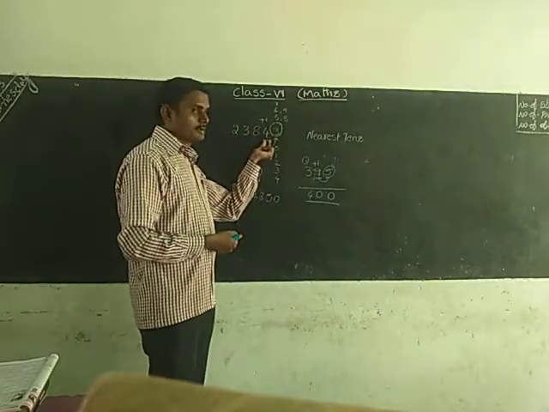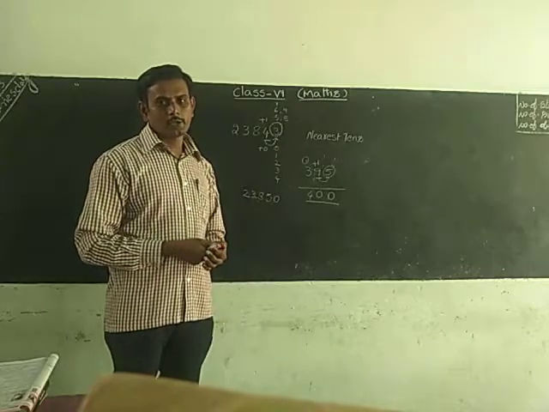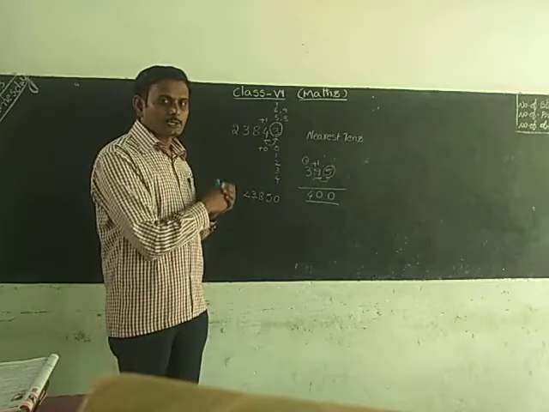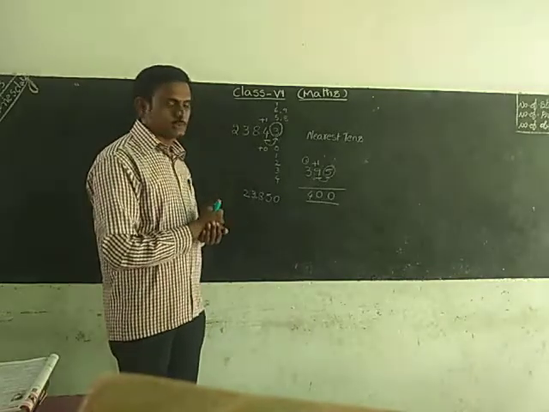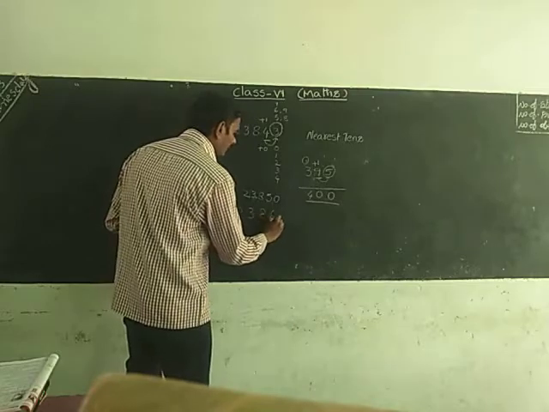Now, after the underlined digit, count how many numbers are on the right side. That many digits, we have to write as 0. This is the actual concept for you. In the previous class also I told you the shortcut method. What is that shortcut method? Take 2 3 8 4 3.